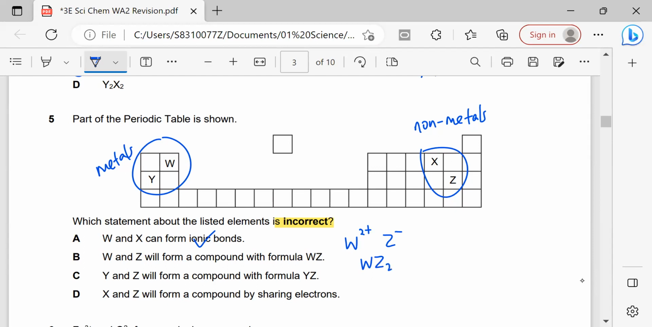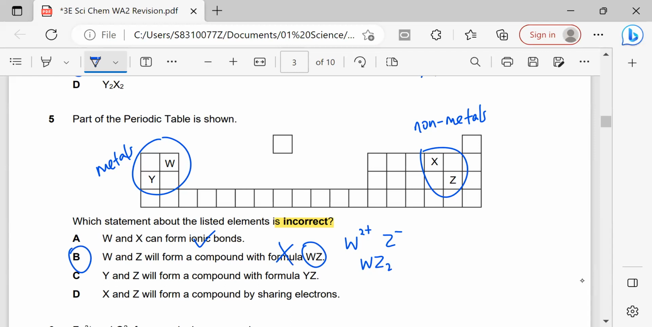That will be the formula of this particular compound. Which means that this option B is incorrect because the formula is not WZ but WZ2. Okay, let's continue and look at the other options to see why they are correct and therefore they're not the